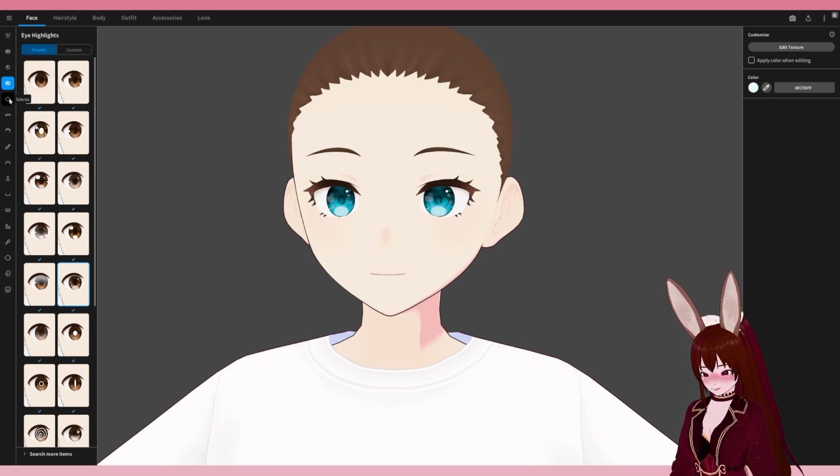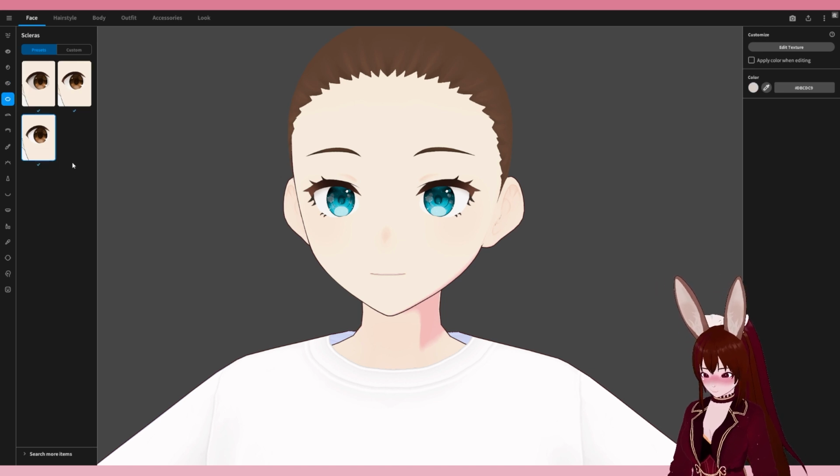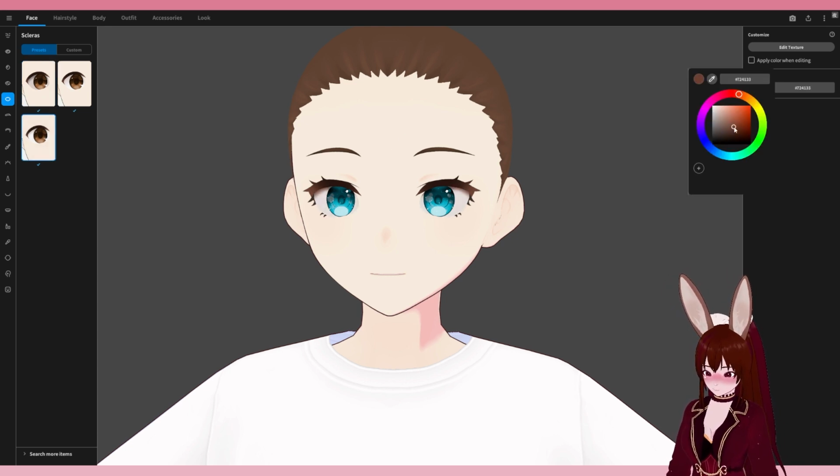Next, we'll just check the other options in case there's anything else I might want to change. So we've got scleras, which you don't get many options. So the sclera is the white part of the eye. You've got more shadow, less shadow, or you've got really quite dark. This is where if you wanted to make like a demon or alien sort of character, this is where you would do it. You can do all sorts of